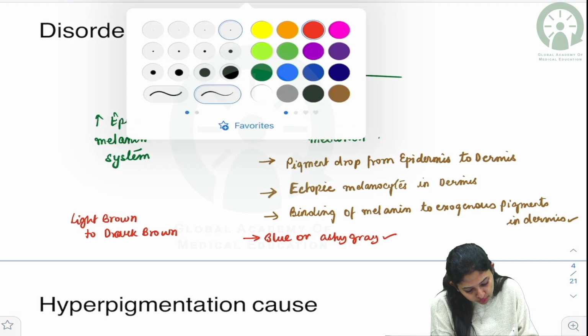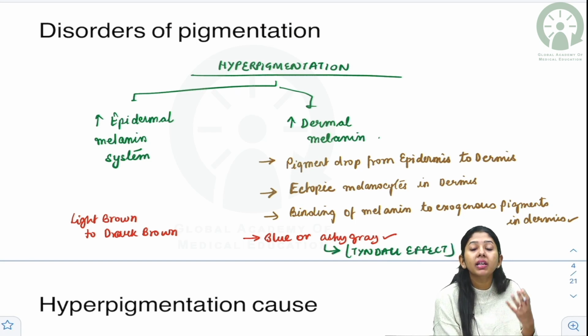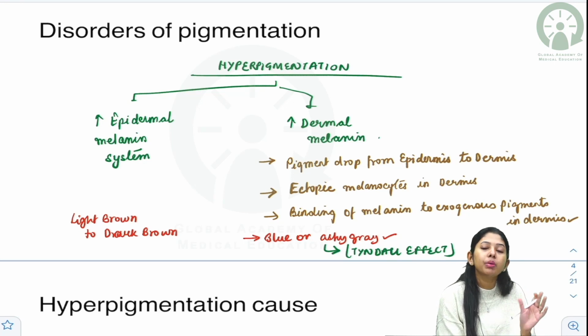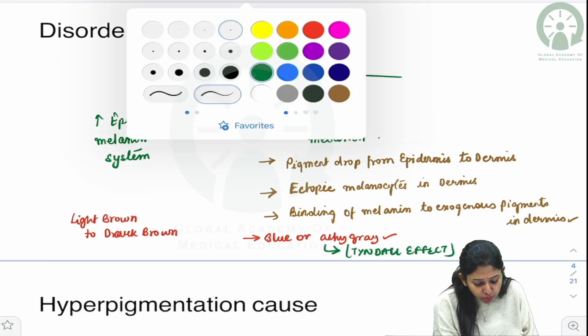This is because of Tyndall effect. Okay, dermal melanin will have a clinical appearance of a bluish or ashy gray patch, and epidermal melanin will appear light brown to dark brown or black in color. If you do a Wood's lamp examination,